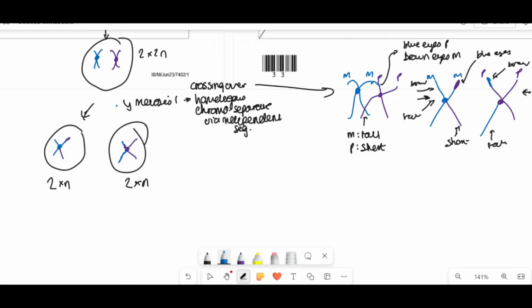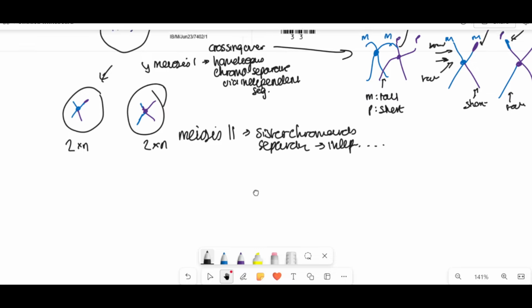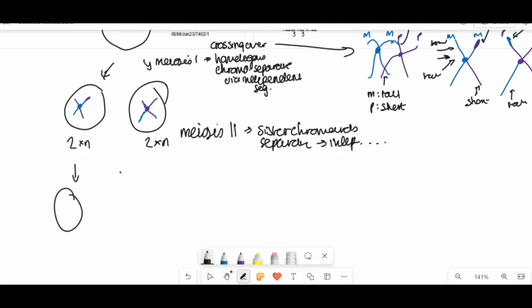If we didn't do this, we just end up with the same thing next step. Next, what happens in meiosis 2 is, well, we've separated the homologous chromosomes, we need to now separate these. So what happens is the sister chromatids separate now. This is also by independent segregation. So what ends up happening is you get 4 daughter cells that are genetically different, because now what happens is,